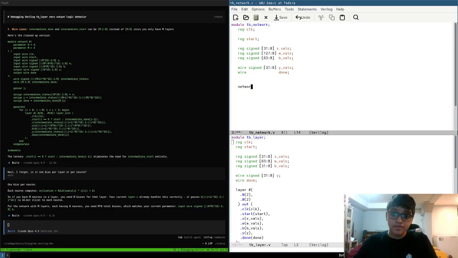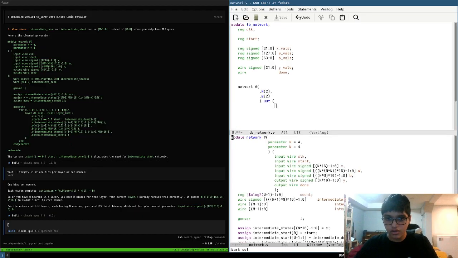So network hashtag, so number of neurons 2, number of layers 2 as well. Here, unit under test. Okay, now let's open this back up. So dot clk, dot start,